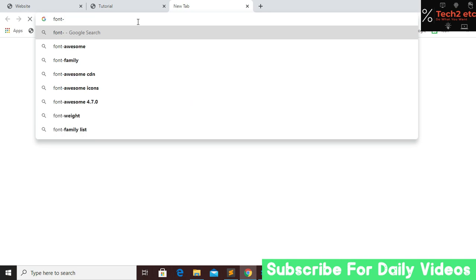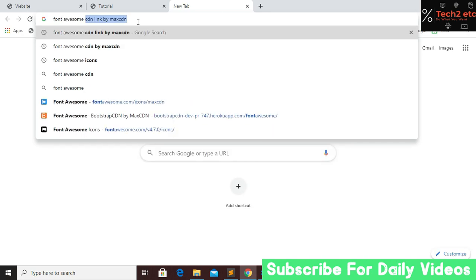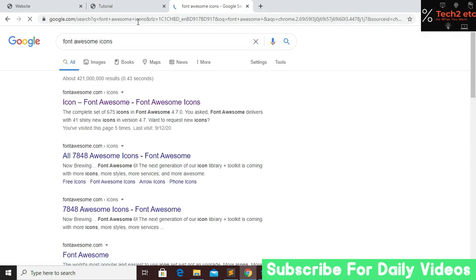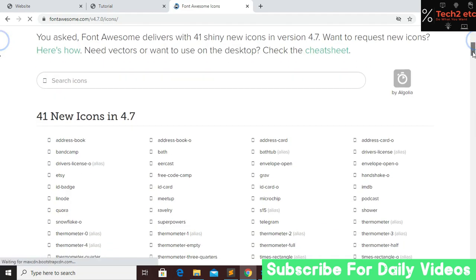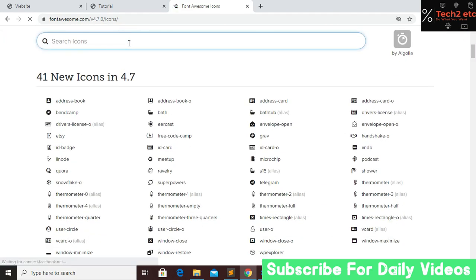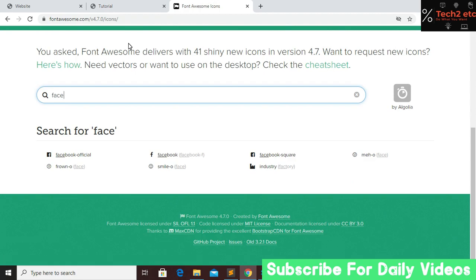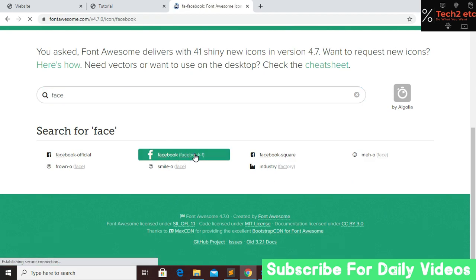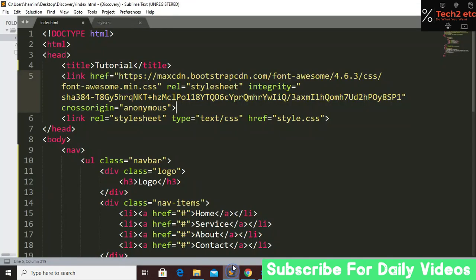Now type Font Awesome icons. And here just type first Facebook. So I want this icon, so click on this, and